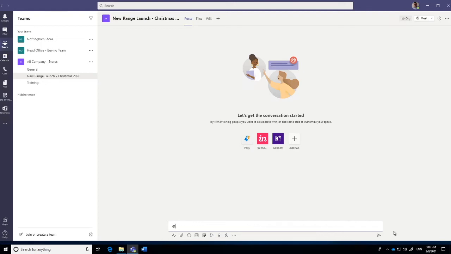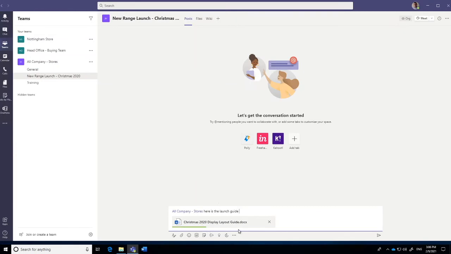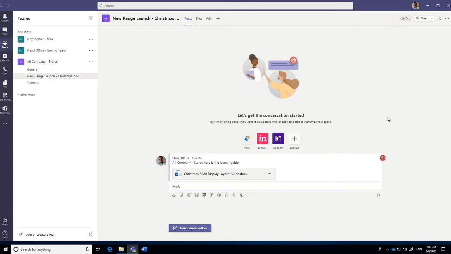So we're going to use the @mention again, but this time we're going to mention the team, so the message goes to everybody in the team. If we start typing the name of the team, we get an @mention for the whole team. So we can send a message to the whole team and say, here is the launch guide, and then we can use the file attach option to upload a file from computer, pick up the layout guide for the store, let that upload into the Teams client,